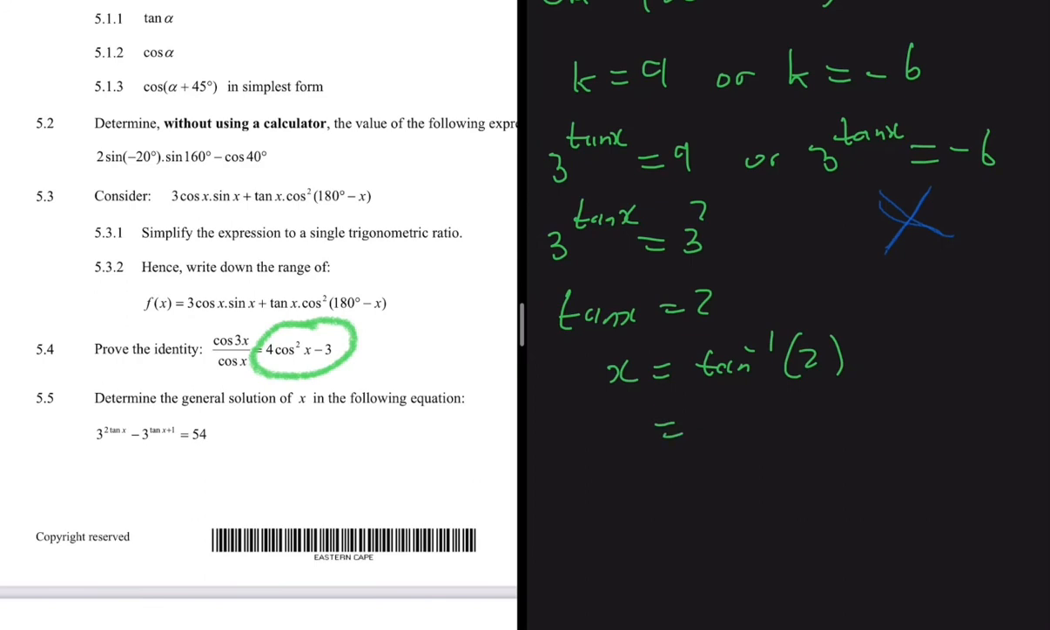Arctan of 2 is 63.43 degrees. But tan of x is not only equal to 2 in that range; it equals 2 every cycle it completes. So the right way of writing it is x equals 63.43 plus some constant k multiplied by 180 degrees, and 180 degrees is the period of tan. And k should be a whole